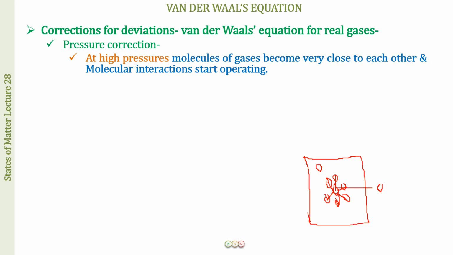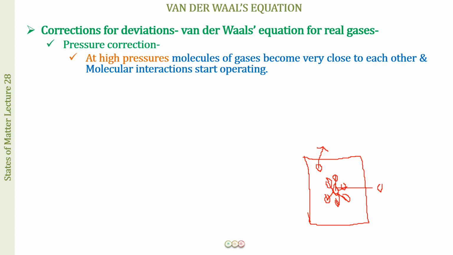But when we come close to the wall of the container, when the molecule is just about to strike the wall of the container, what do we see? This molecule is moving towards the wall of the container with some velocity. Therefore, it is going to strike the wall of the container with some force, and that force per unit area is what we know as the pressure exerted by the gas.